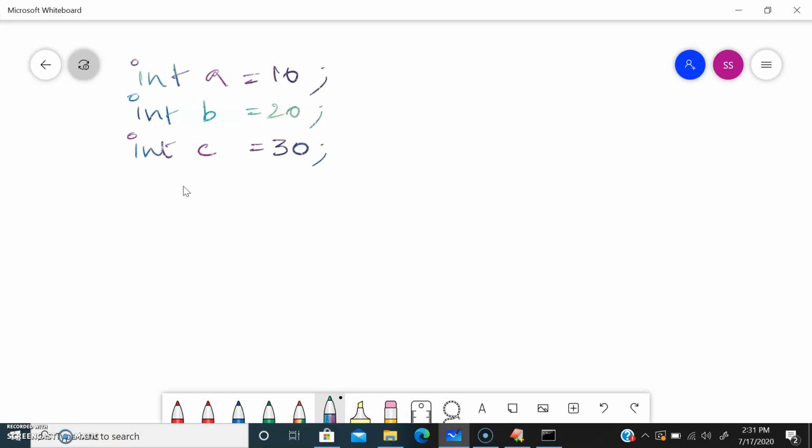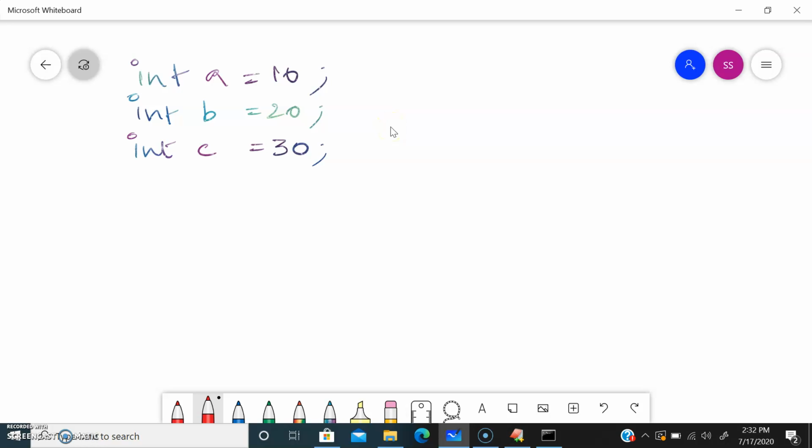So in the program, I said int a is equal to 10, int b is equal to 20, int c is equal to 30, right?